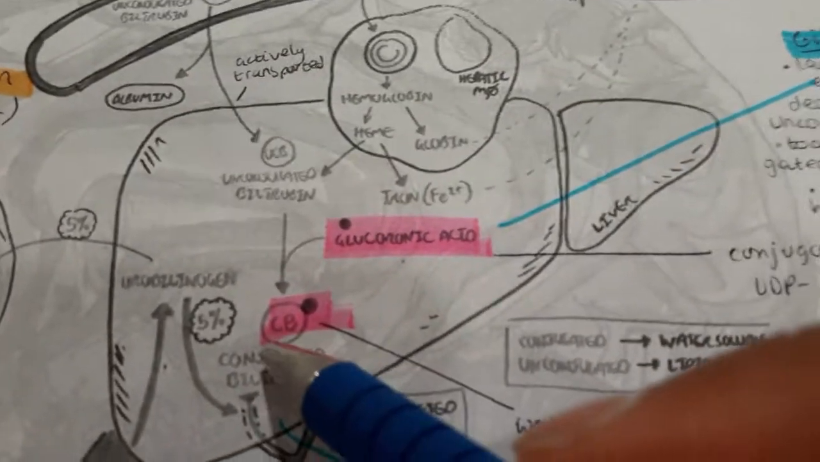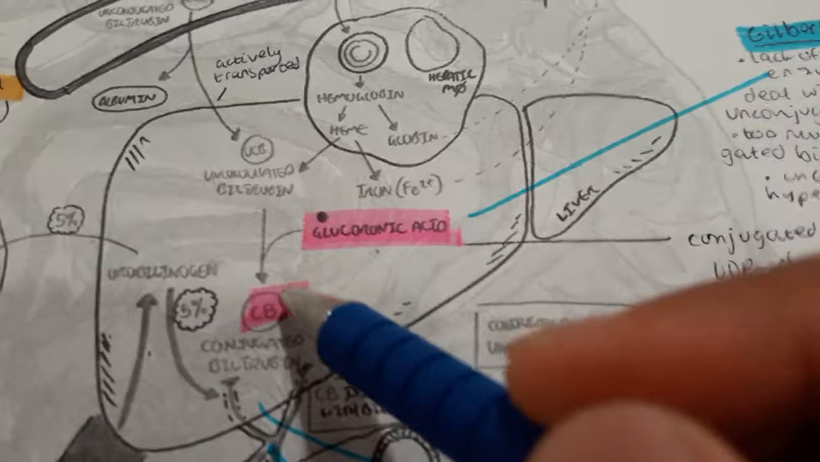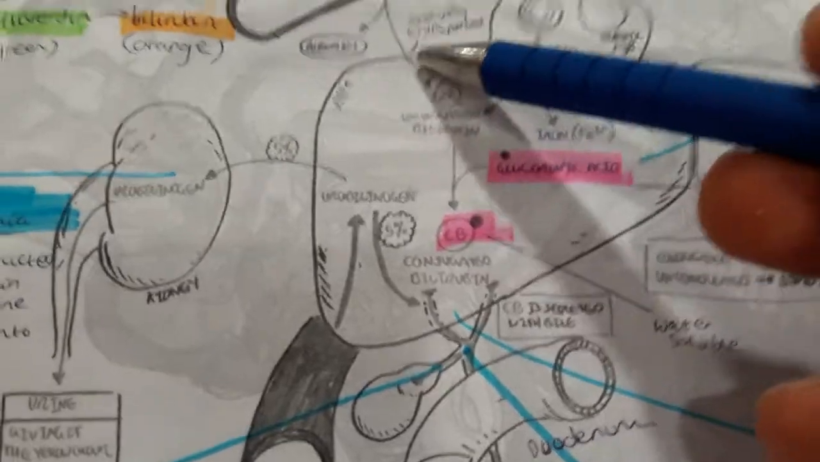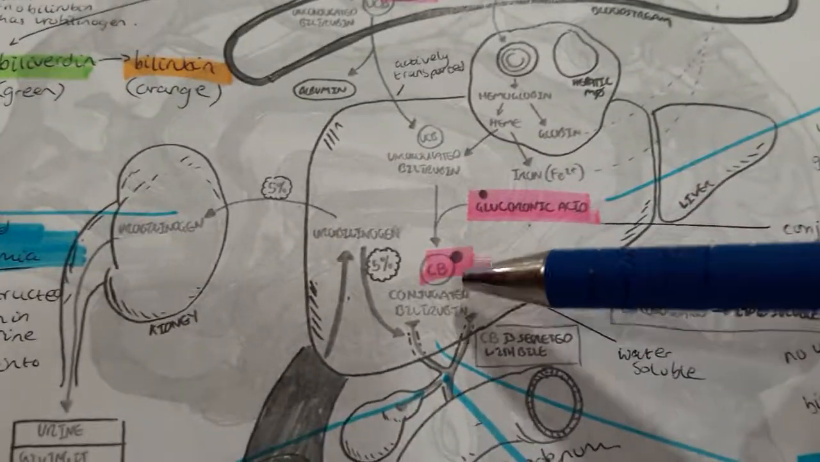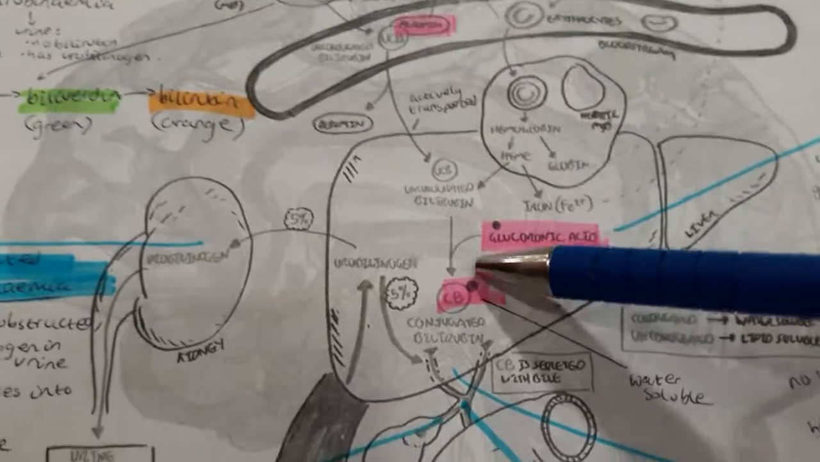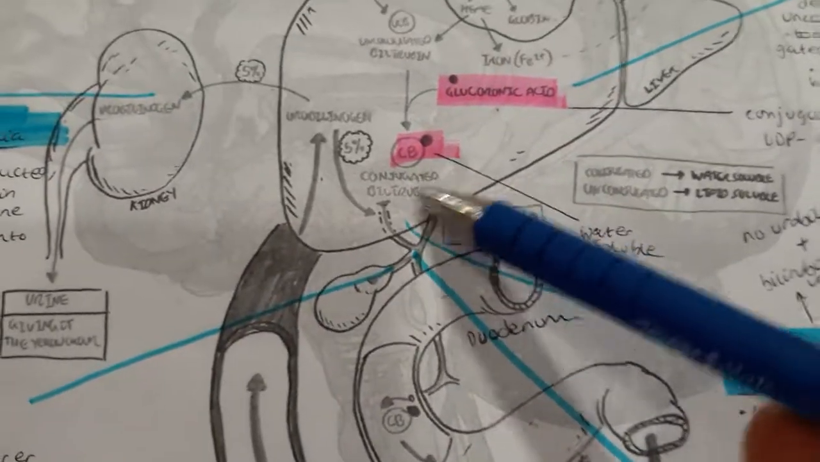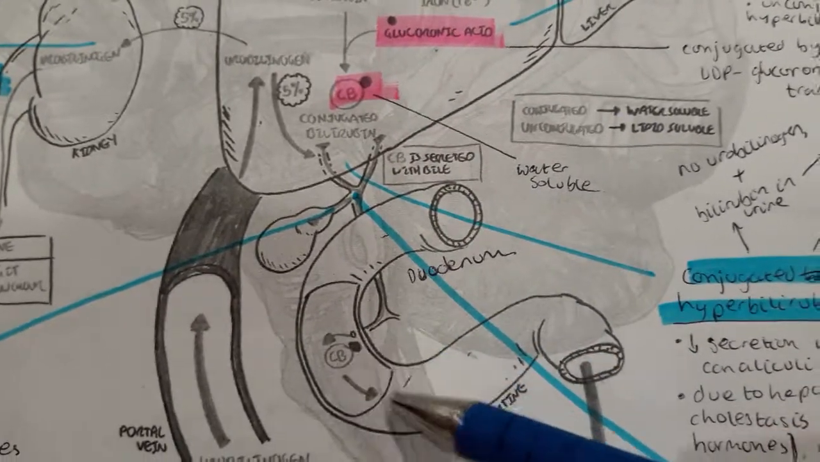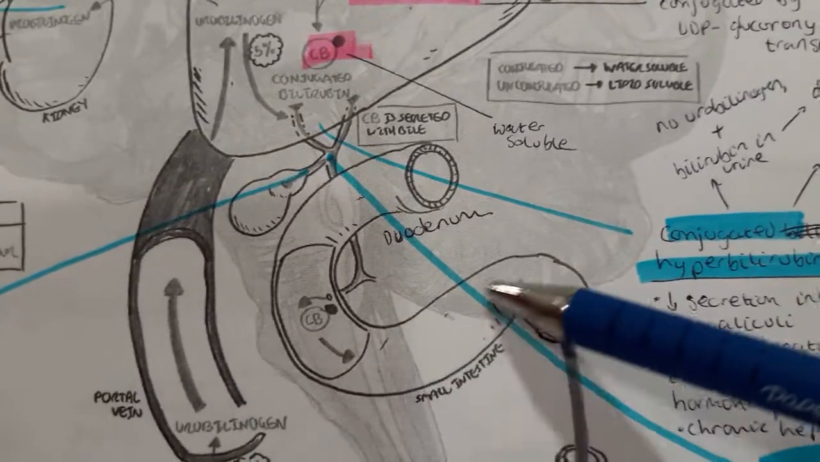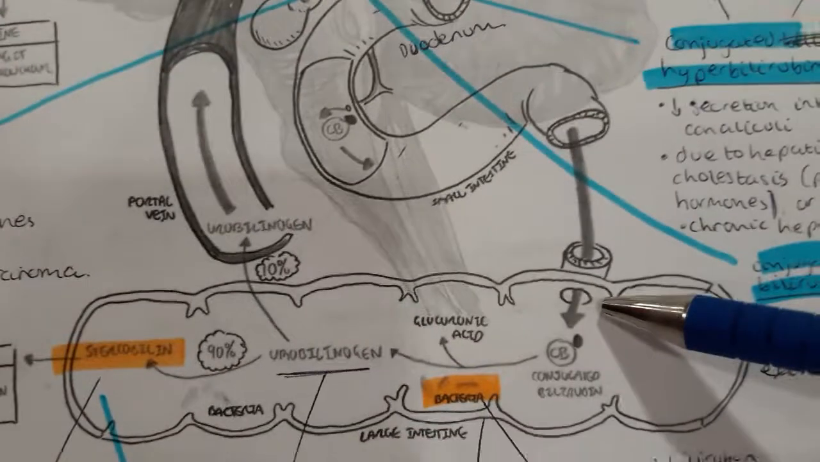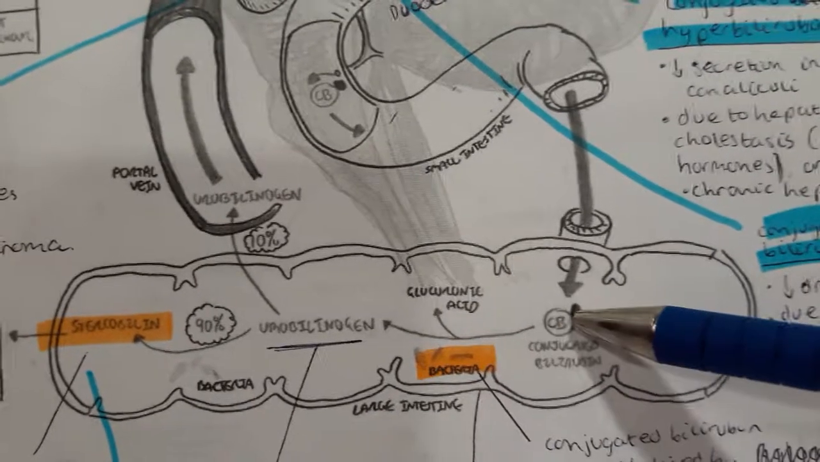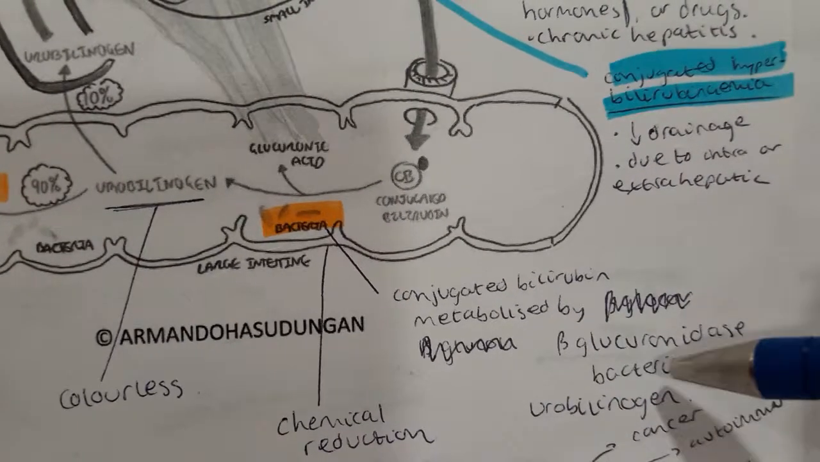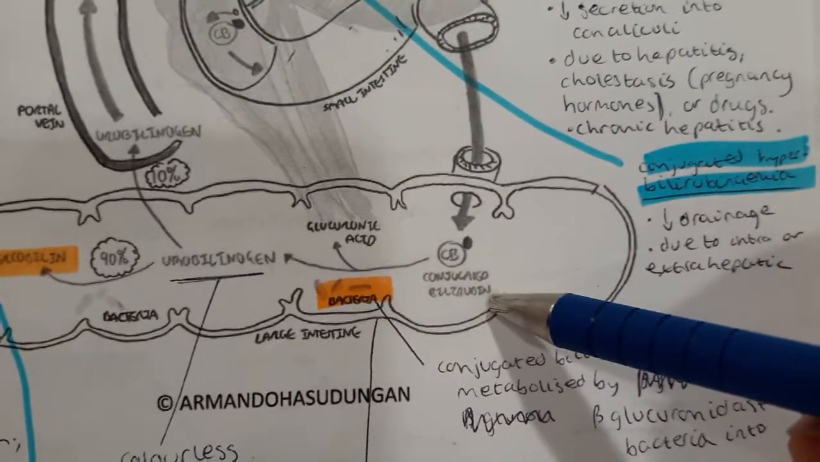And this forms conjugated bilirubin, as you can see here, with the glucuronic acid conjugated on it. Now what's different about the conjugated bilirubin compared to the unconjugated bilirubin is that it's water soluble, so it doesn't need to be bound to albumin. So then this conjugated bilirubin is excreted into the bile duct, into the duodenum, shown here, through the small intestine into the large intestine, and in the large intestine it's metabolized by intestinal bacteria called beta-glucuronidase bacteria, which convert the conjugated bilirubin